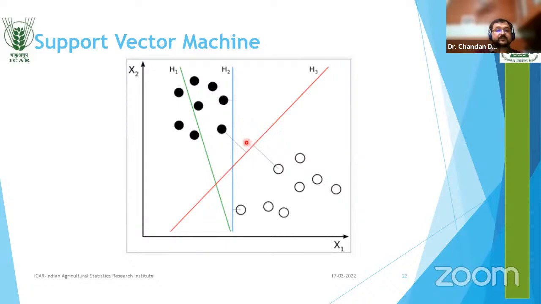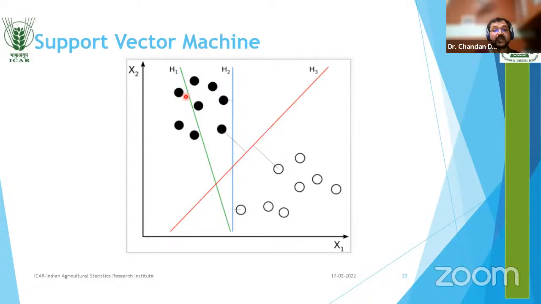The support vector machine principle says, what if we want to linearly separate our data into two classes. One is the black solid class, another is the black hollow class, and there are some lines. This line is what the machine actually learned from the data. But there are three lines: green, blue, and red. We can say that this red line is more efficient than these two lines, because